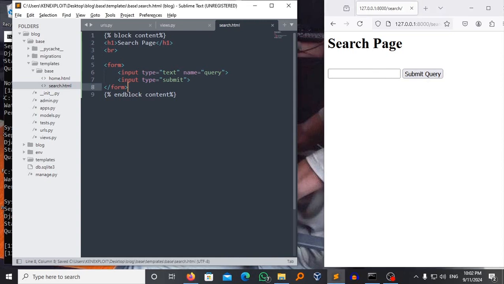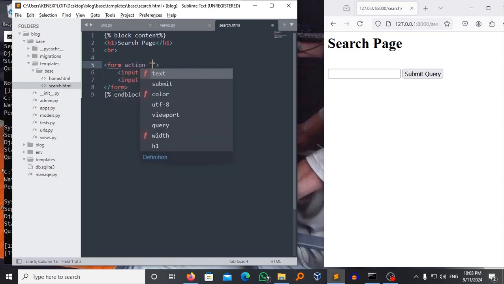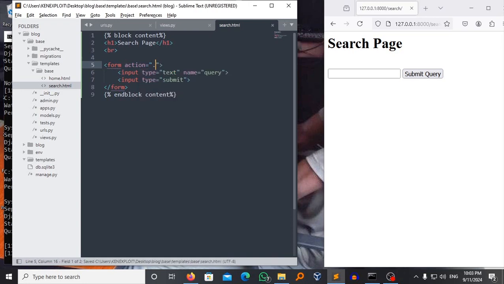So the next thing is to try and search an item. But before that, we have to ask ourselves, where are we going to search those items? Where are we going to direct our search to look for those data? So we are going to place an action here. An action is the location where we're going to search. So for example, if I place a full stop here, it means we are going to search within our local host, which is 127.0.0.1, just like that. So let me come to the search field and type any search query like ABC and